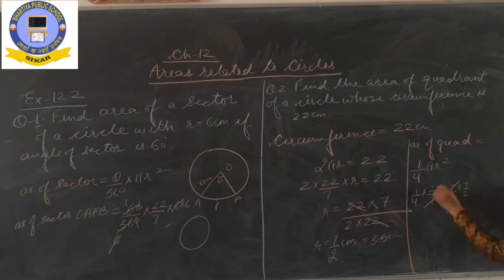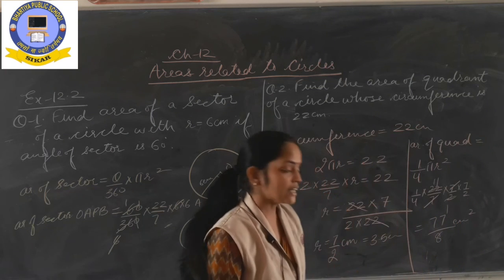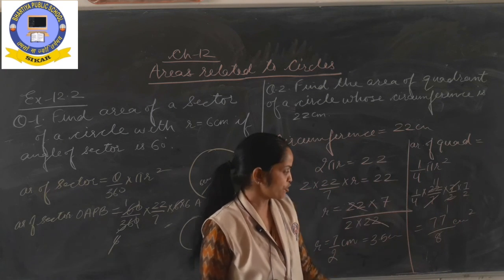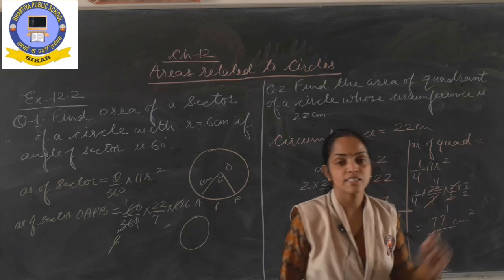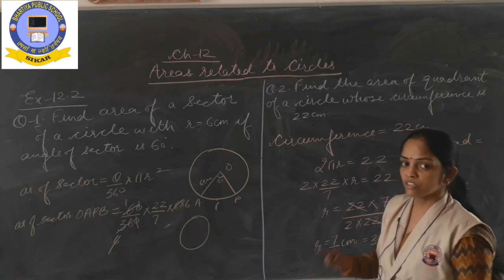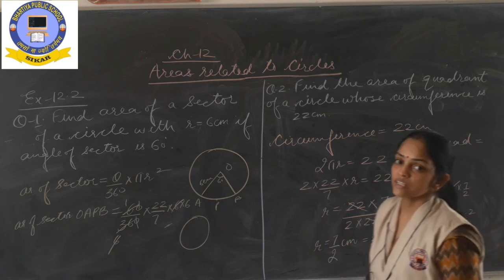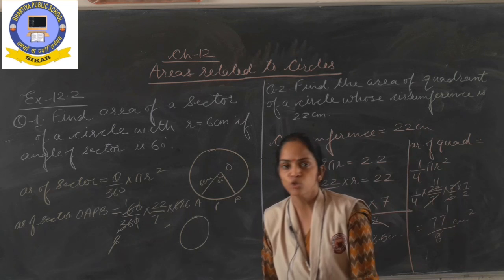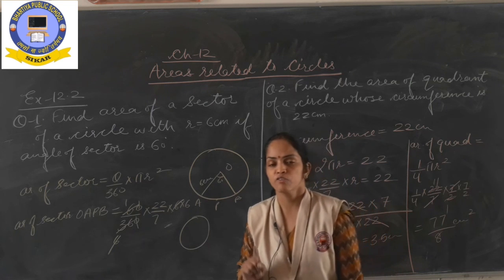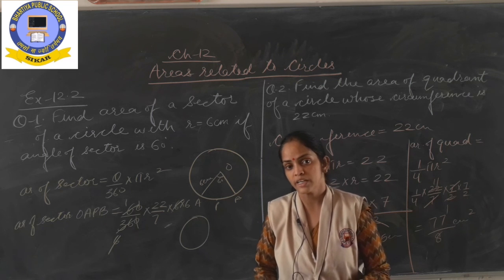Now 2 1s are 2, 2 11s are 11 multiplied by 7, 77 upon 4 2s are 8 centimeter square. Now convert it into decimal, you will get the answer. Okay, and if you do not convert in decimal, then it is also the right answer. Got it? So questions are very easy. Again I am telling you, I have solved these kinds of questions here, but if these simple questions are given in exercise 12.2, then you will solve those questions yourself only. I will give you only and only a hint. Okay, because calculations you should do yourself.